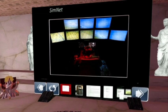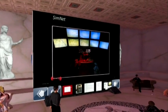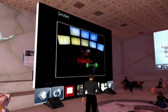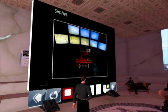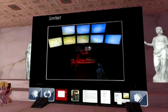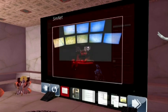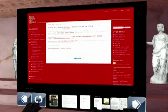The 73 Easting simulation was put together on top of something called SimNet, that was developed in the late 1980s and was pretty much ready to go by the early 1990s, and was available at the time of the first Gulf War. The Battle of 73 Easting was the biggest engagement of that conflict. These are some. We also